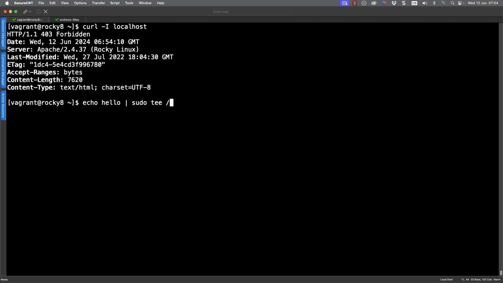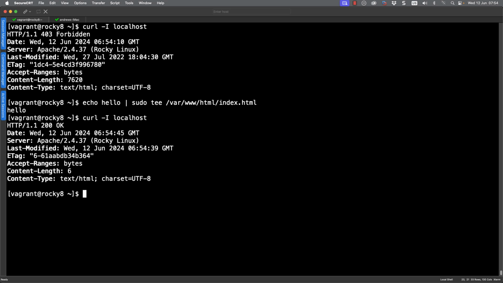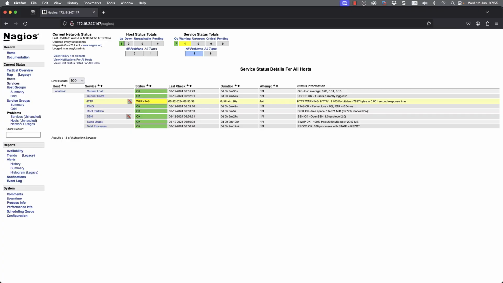It's not going to be particularly glorious, just the word hello. And we can then add it to /var/www/html and then the index.html page. So this is just going to suppress the error because obviously we won't get forbidden anymore. And when we look now, we can see that we are getting a correct 200 status code coming back. So it's good to be able to look at the inside, the mechanics of what's happening. We might think the website is working, but that is not entirely the case.